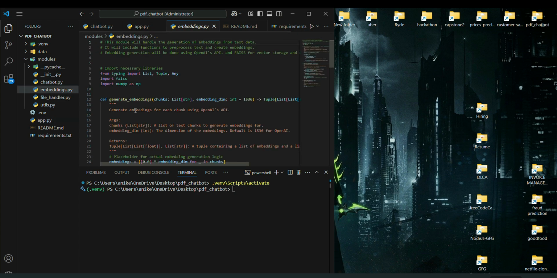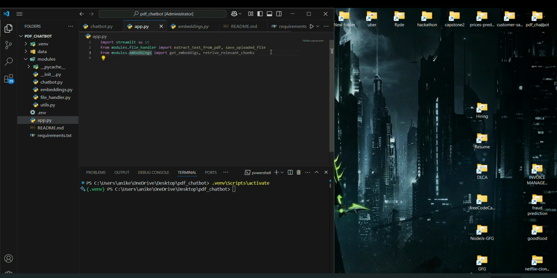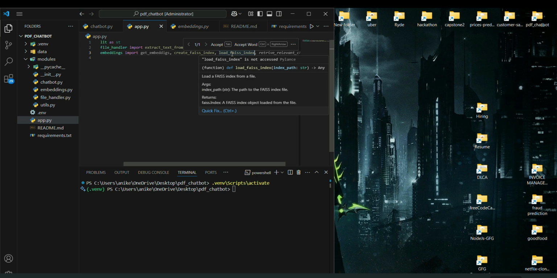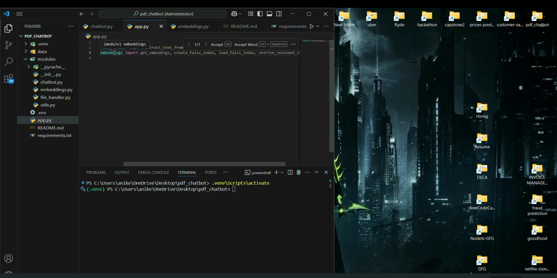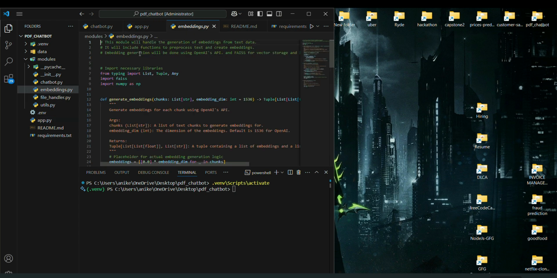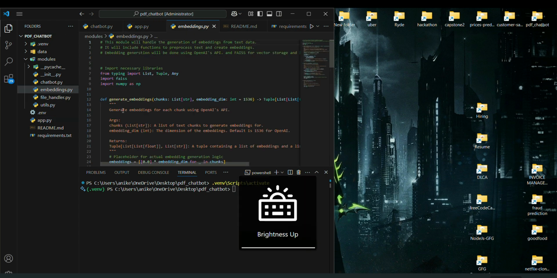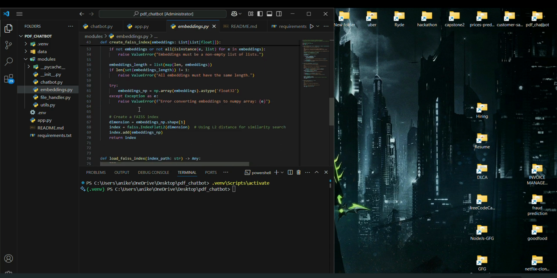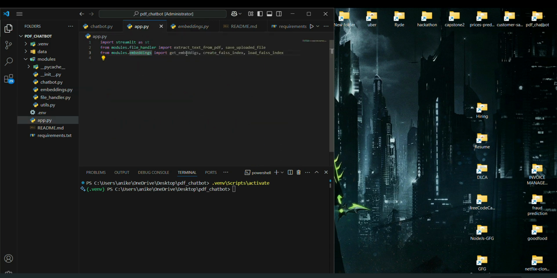इसमें और होगा, so generate embeddings, create pieces और load embeddings, retrieve relevances ये है कि इसमें is not accessed करेगी, तो retrieve relevances क्या है, create pieces embeddings, load. So generate embeddings है और create pieces और load pieces, generate get embeddings नहीं है तो get embeddings खुद करना है, generate embeddings है तो